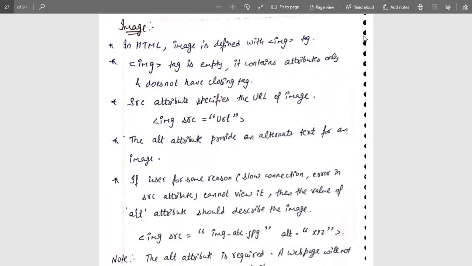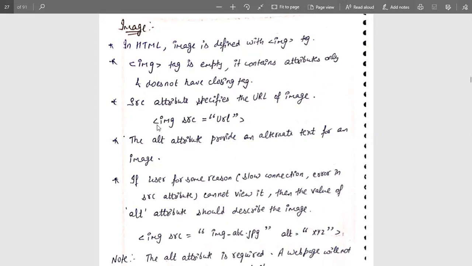If I am inserting any attributes, I insert them within the img tag. Here is one example of an attribute within an img tag, that is src. Src specifies the source of the image that I want to insert. So img src is equal to url.